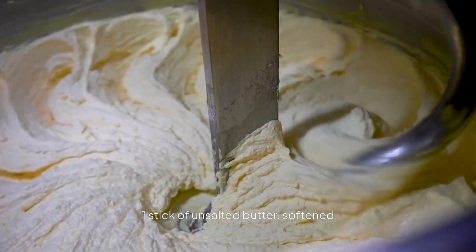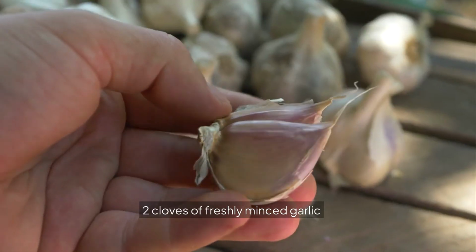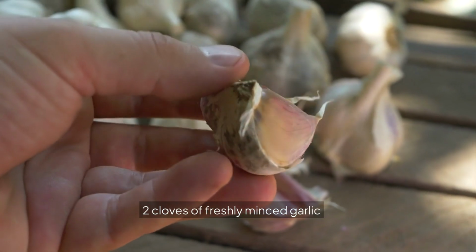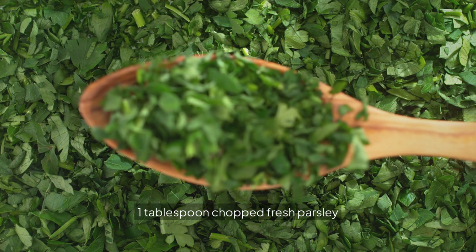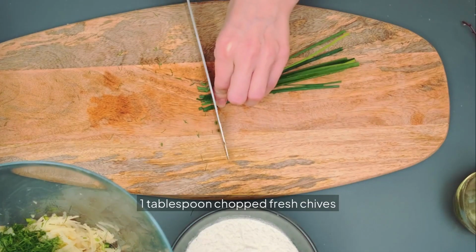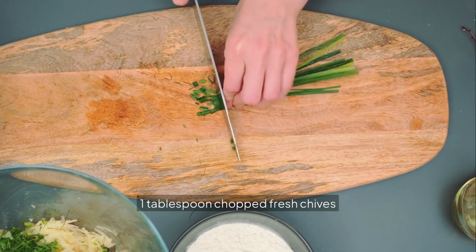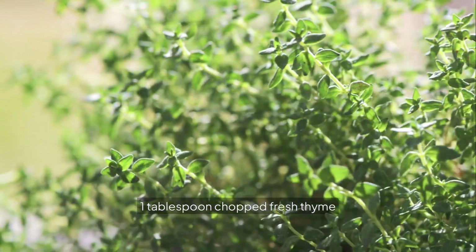1 stick of unsalted butter, softened, 2 cloves of freshly minced garlic, 1 tablespoon chopped fresh parsley, 1 tablespoon chopped fresh chives, 1 tablespoon chopped fresh thyme,